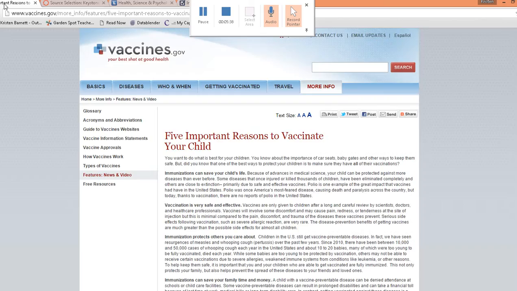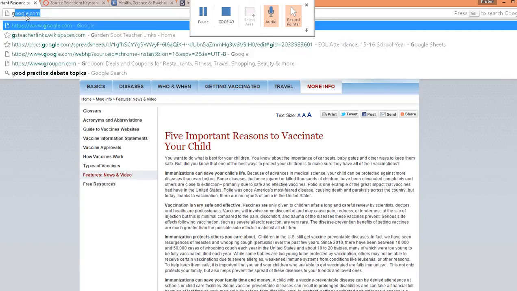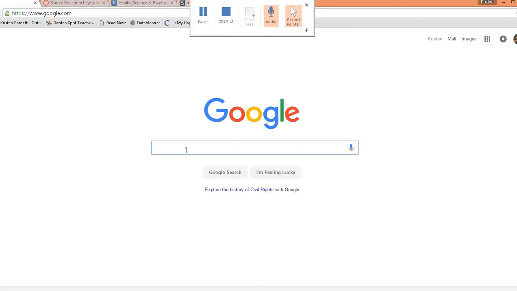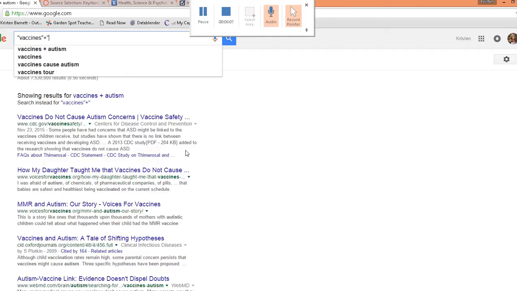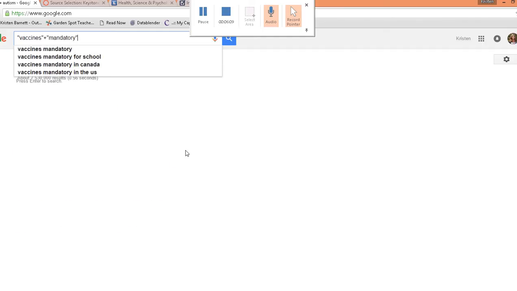You can also try different search phrases. It's called Boolean phrasing. So let's say I am searching whether vaccines should be mandatory or not, and it keeps coming up for school-age children, and I just mean for everyone, not specifically in schools. So then I could do vaccines or immunization plus mandatory, but maybe I don't want it to talk about school.